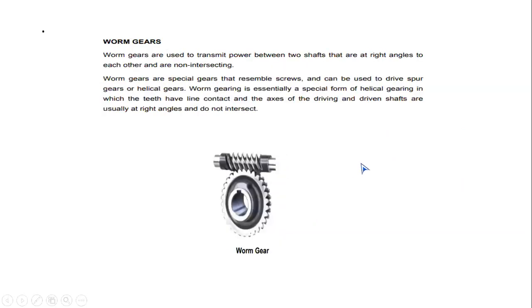Next, come to the point, worm gears. So all of you see the speedometer of the two-wheeler or the four-wheeler. Usually the cable is connected to the worm, and the worm is placed on the gear wheel. The rotation of the front wheel is converted into rotation of the worm wheel. The worm wheel is connected to the flexible shaft. The flexible shaft is directly placed inside the speedometer. So the rotation of the flexible cable is directly calibrated in terms of kilometers per hour.